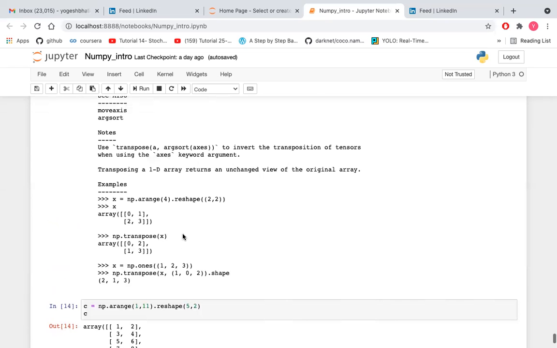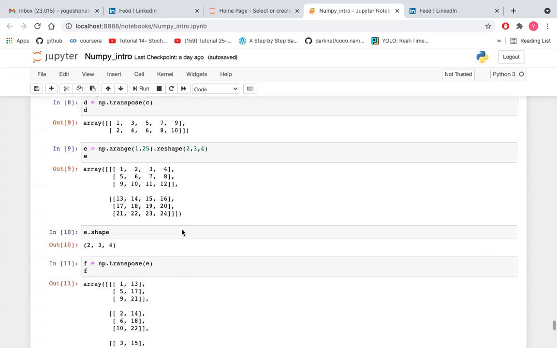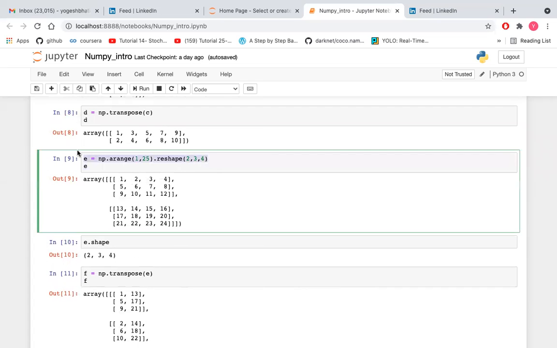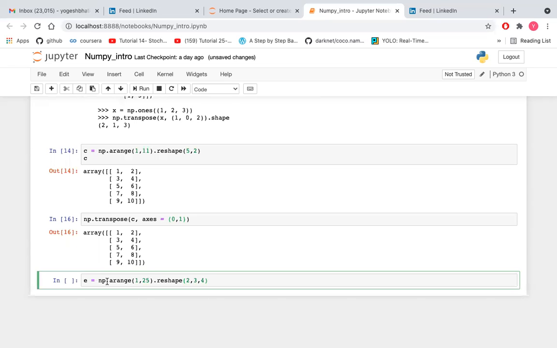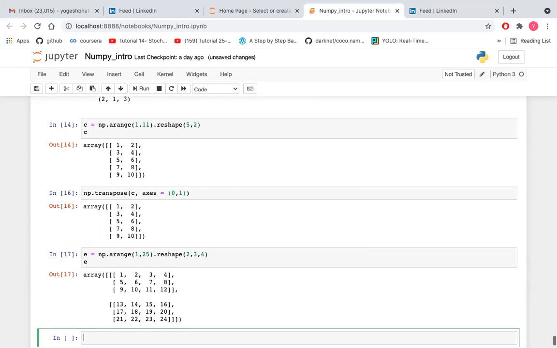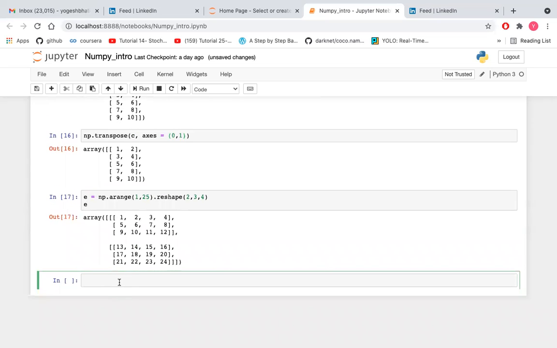Let's understand using a 3D array. This is the 3D array, and we have to transpose it with axes 0 comma 1 comma 2.